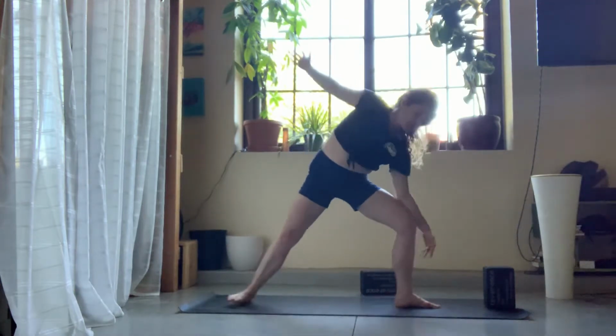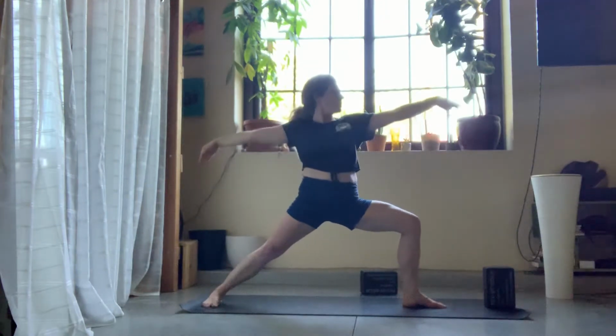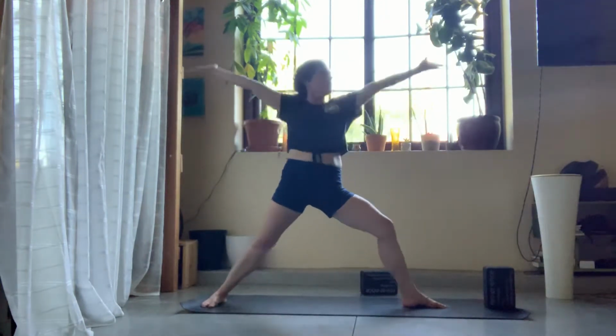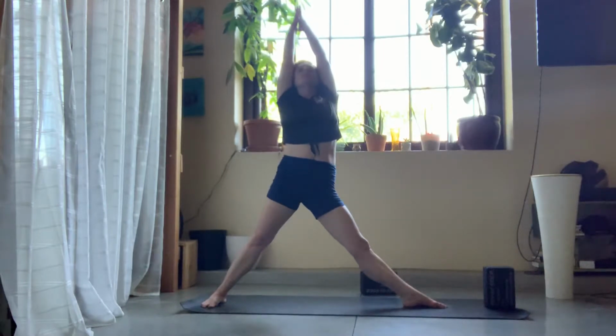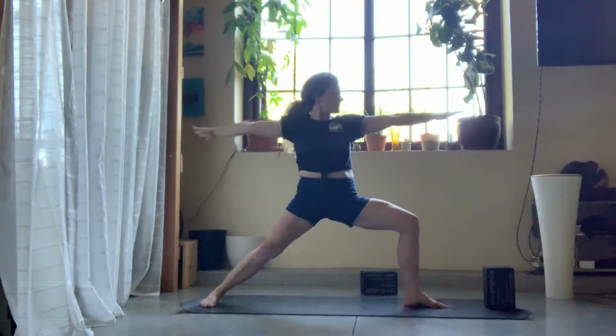1. Rebend the left knee, warrior 2. You may elongate the stance. Feet stay exactly as they are. Inhale, reach up, straighten the legs. Exhale, deeper warrior 2. Hold for 3,